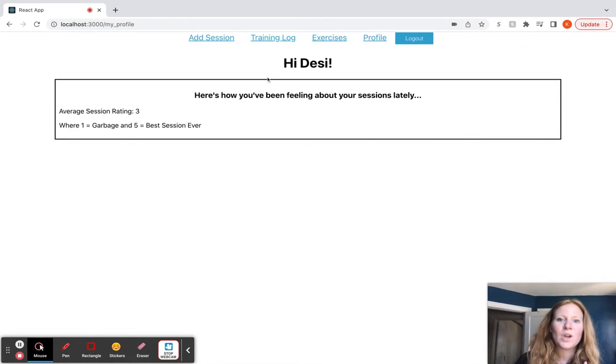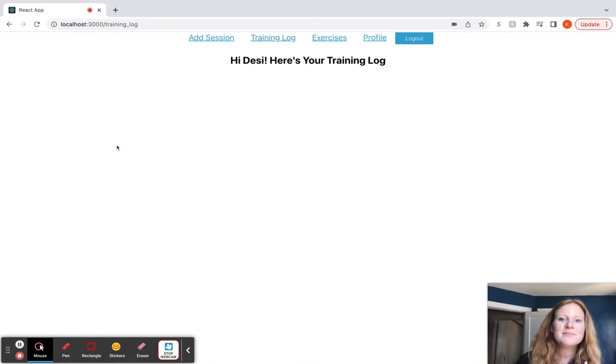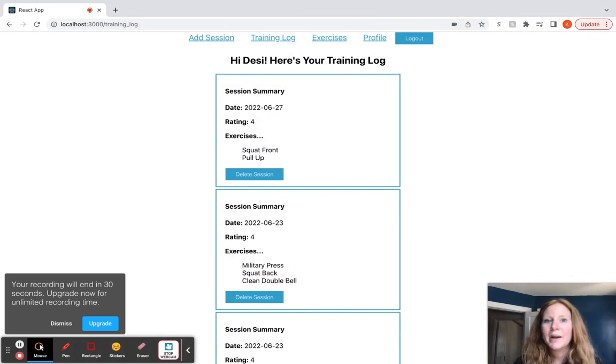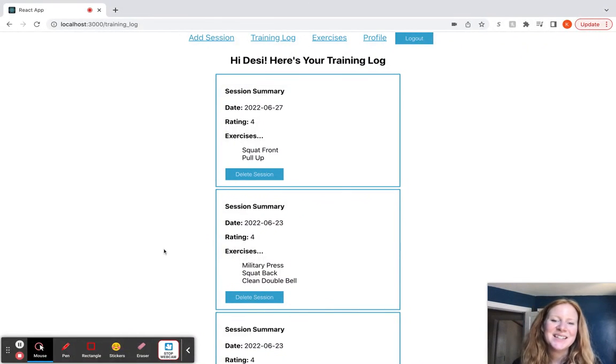And on the training log, I think it would be great to be able to display this in a calendar view and also to be able to search through maybe to see when was the last time I did a squat and what were my notes on this squat. There's so many different things that you could add to make this app more interesting and complex. This is the baseline of what I was able to create in 2.5 weeks,